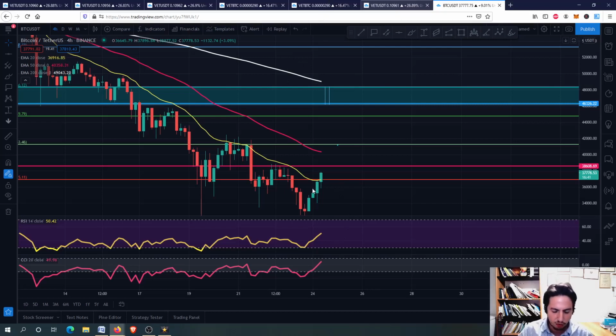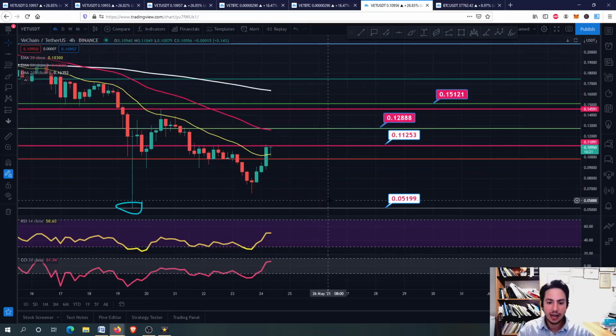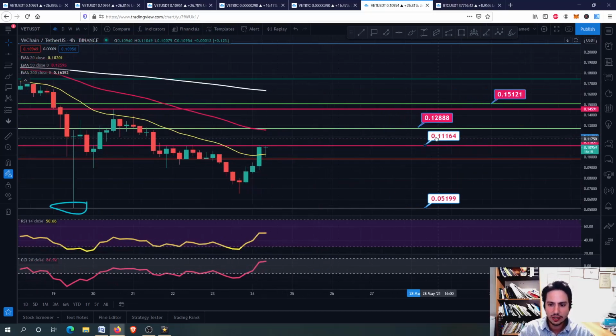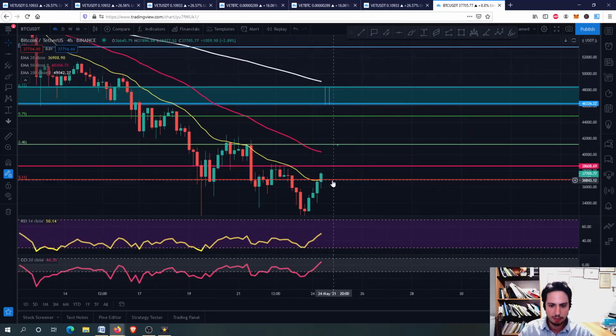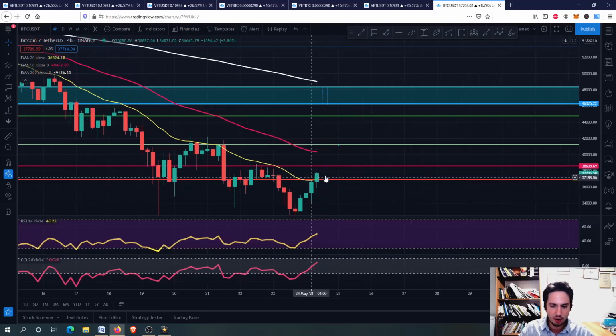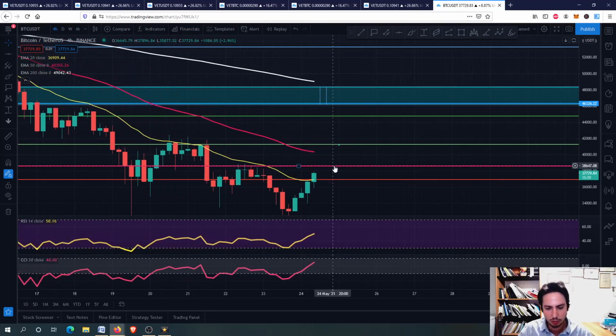So first of all, we want to see what we will be making for Bitcoin. What will happen for Bitcoin if we make this swing high, if we make the 20-day EMA, guys, our support level, which I assume we will? Then we are going to see VeChain going upwards. We are going to see VeChain making the 11 cents and going to 12, 13, 15 cents, as long as we are having a very nice swing high from Bitcoin. Okay, but we need to close above, making this a support level for the next 4-hour frame. It looks good, guys. I think we are there. We are heading towards there.